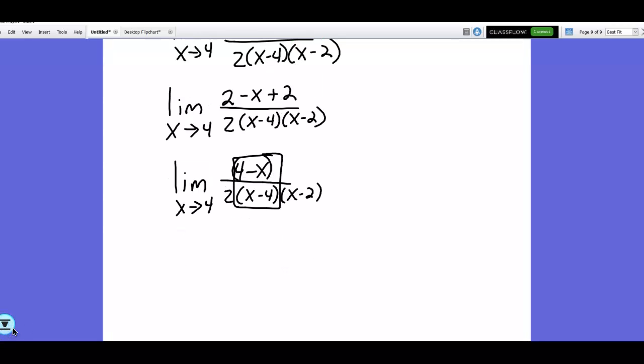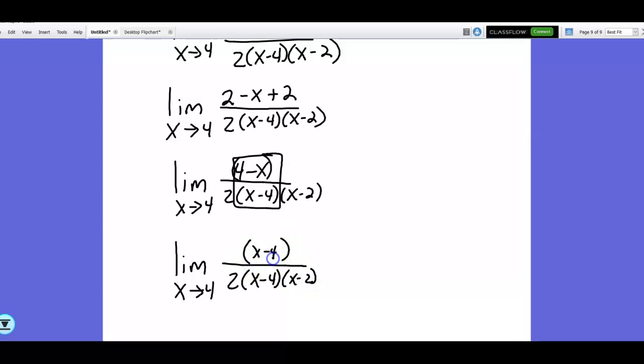And the strategy for dealing with that is we can go ahead and flip them around so that they match if we do a little trick here. I'm going to flip this one around on top so it matches the one on the bottom, and I'm allowed to do that so long as I put a -1 in the front. Because basically what that ends up doing is changing the signs when you do that. Now you can cancel those out,